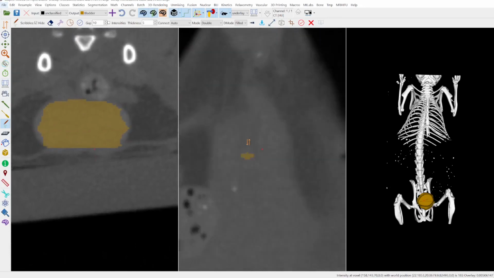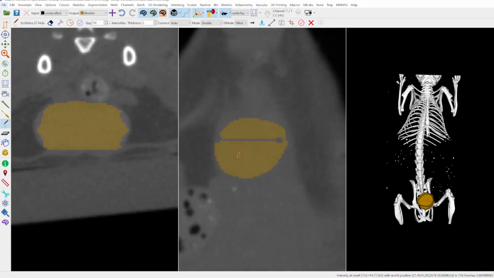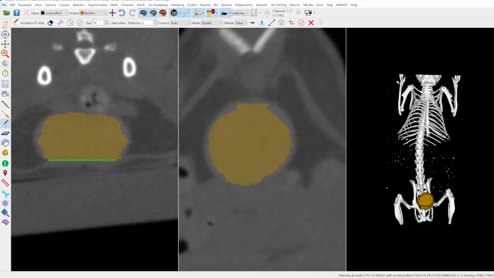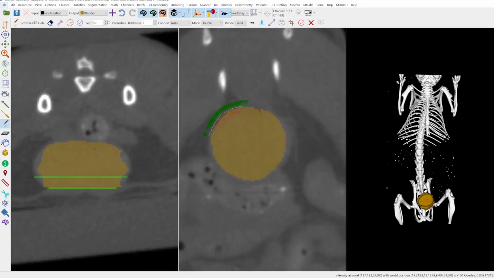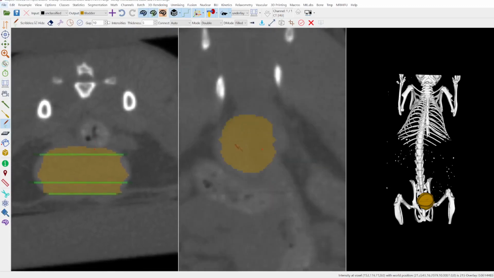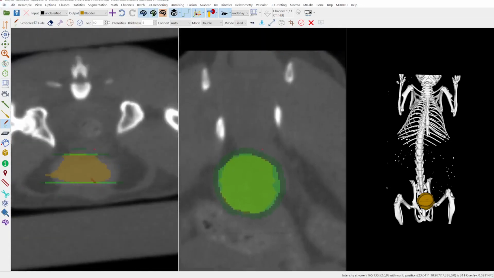Okay, so I continue with my scribble drawing like this. You can also hide your scribbles by ticking this box, but for me it's better to show them.